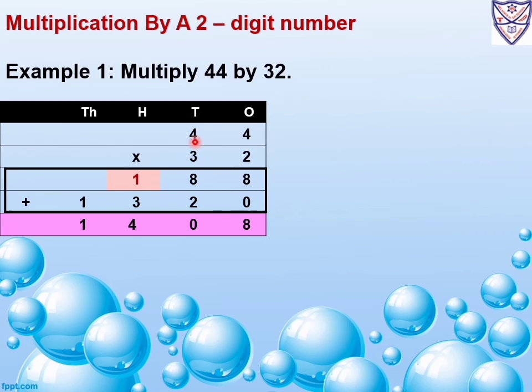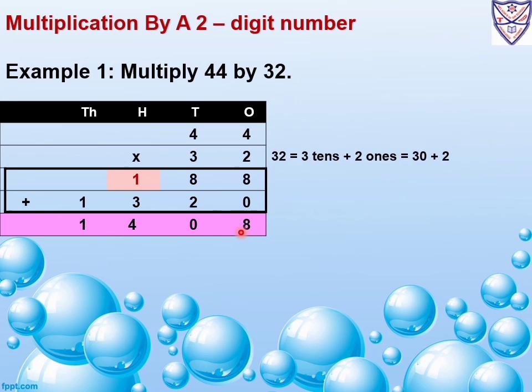Now 3 fours are 12, 12 plus 1 is 13. Now we write 13 here. Now we have to add: 8 plus 0 is 8. 8 plus 2 is 10, so we write 0 and carry over 1. Now 1 plus 3 is 4, and this 1 will come down. So our answer is